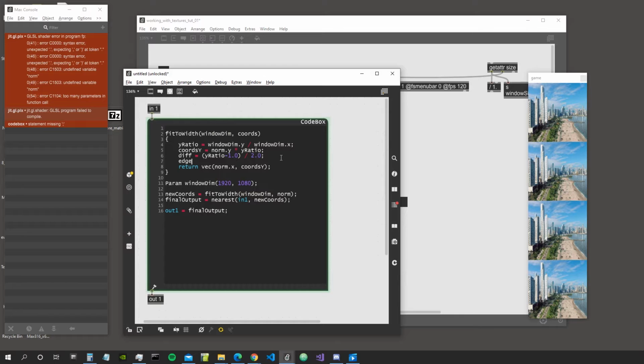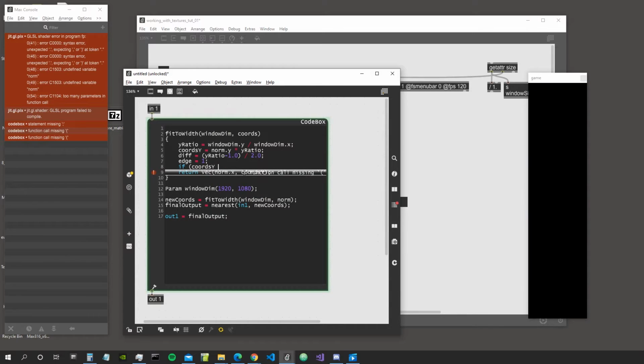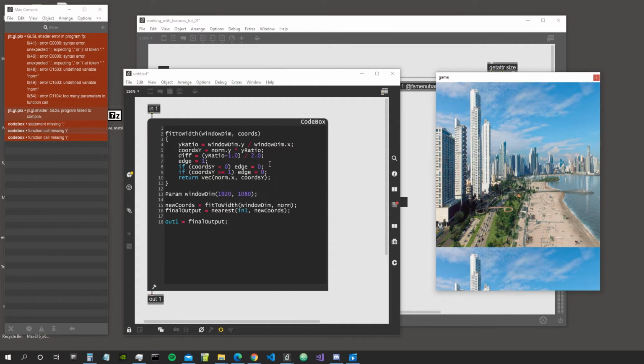So let's create a variable, let's call it edge, and assign it to 1. And then let's say if chords epsilon is less than 0, then edge is equal to 0. And if chords epsilon is greater or equal to 1, because 1 is also a value that we reach with the coordinates, then the edge is also equal to 0. So we want to multiply the edge to our image in order to get these black bands on top or bottom. So when the coordinate is going to be less than 0, which is never the case in this case,